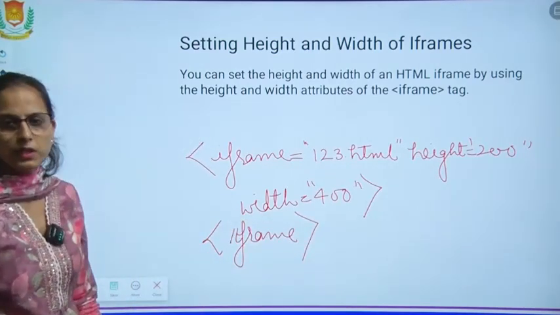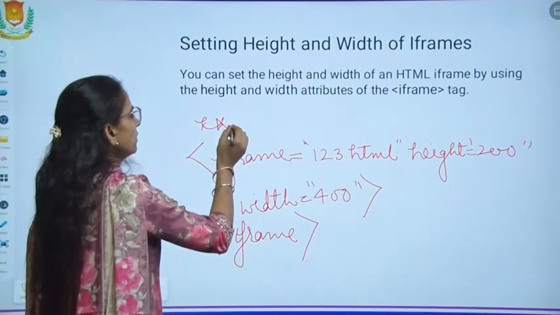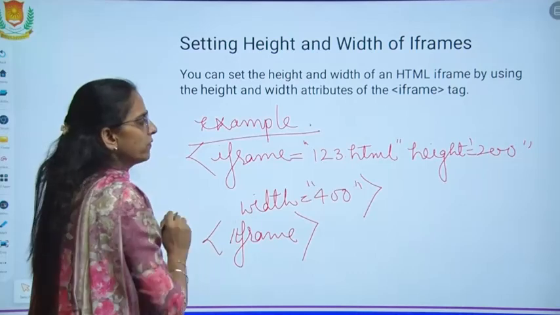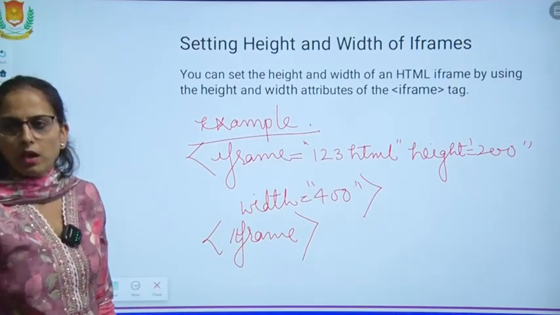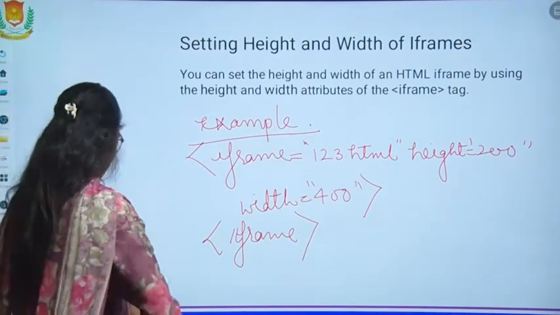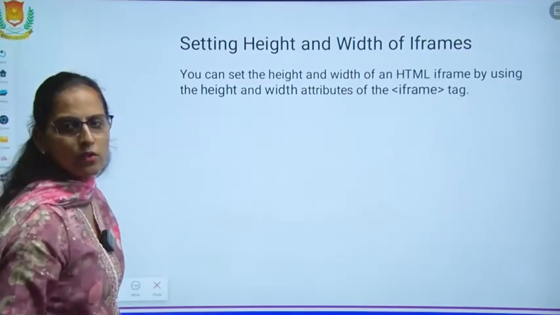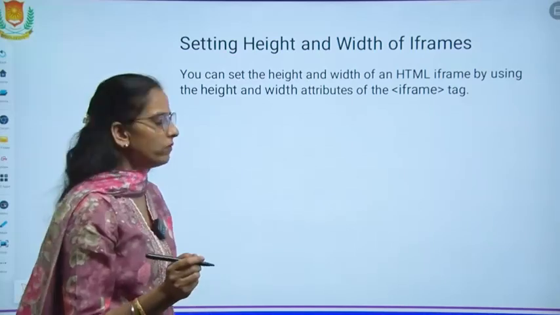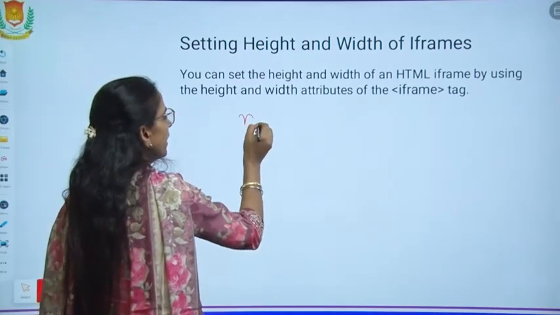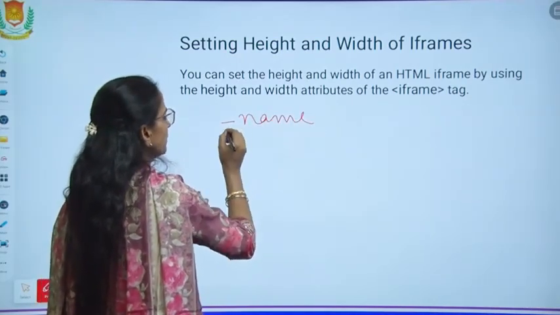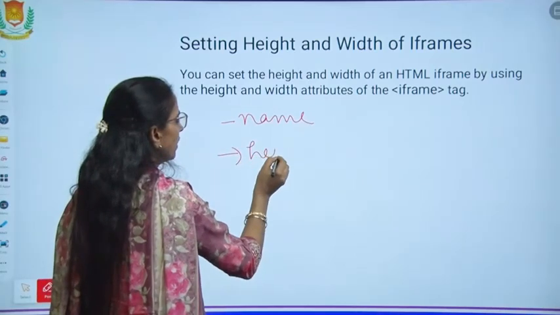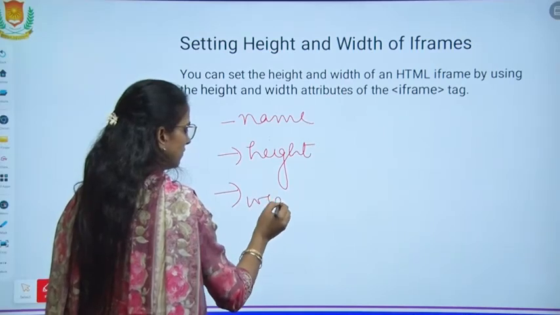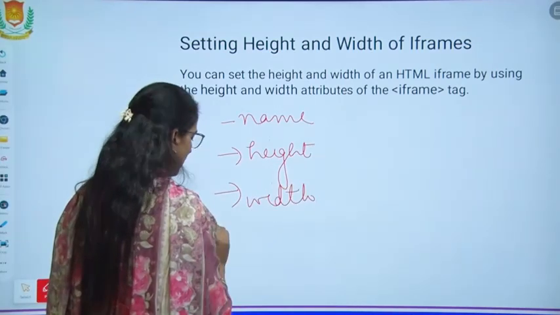This is the example of attributes of iframe, how that iframe is inserted in your web page. So what are the attributes which we have discussed in this? Name is the attribute. Then we have height. Then we have width.